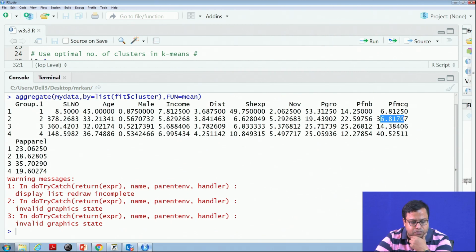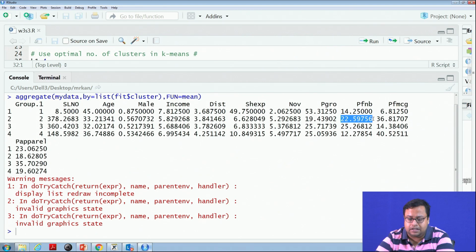So we have to check now how group 2 and group 4 are different. Group 2 buys 36% FMCG, group 4 buys 40% FMCG. Group 2 makes 5 visits, group 4 also makes around 5 visits. Group 2's shopping expenditure is 6, but this group's shopping expenditure is 11. So there is some difference in shopping expenditure. And where does that come from? Probably from income. This group's income is 5.8, that one is 7. So 1 lakh extra income should not impact the shopping expenditure so much. Is there any other difference? Okay.